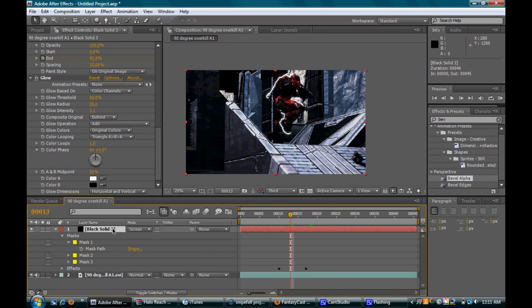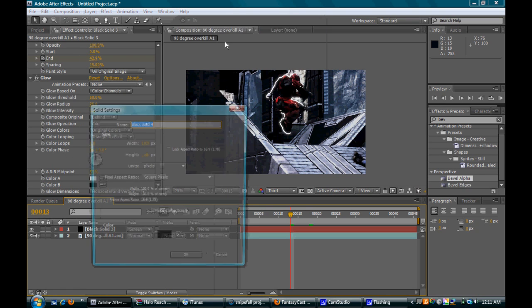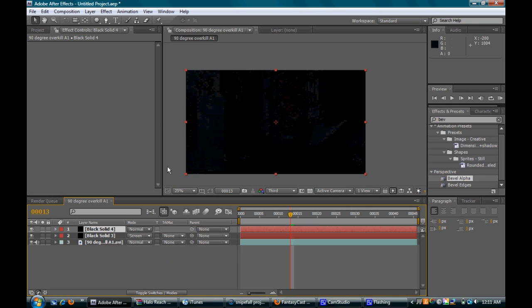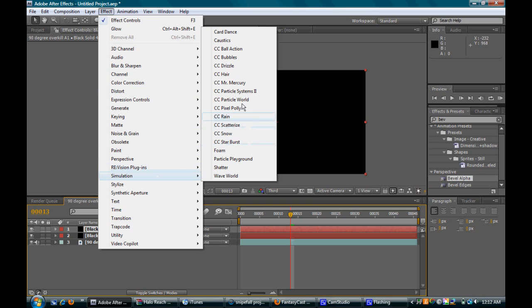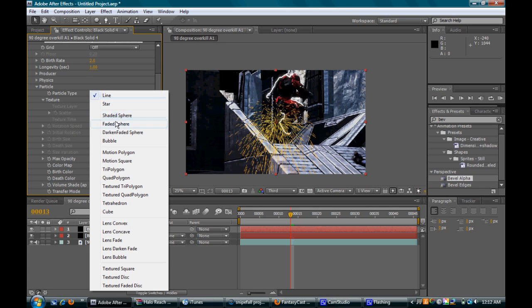Alright, so what I actually did in my video was I made a particle system to create a little explosion of particles where the beginning of the clip, or beginning of the stroke, was. So you're going to make a comp size black solid, go to effect, simulation, CC Particle World, turn off your grid, go into your particle, change it to a faded sphere or a